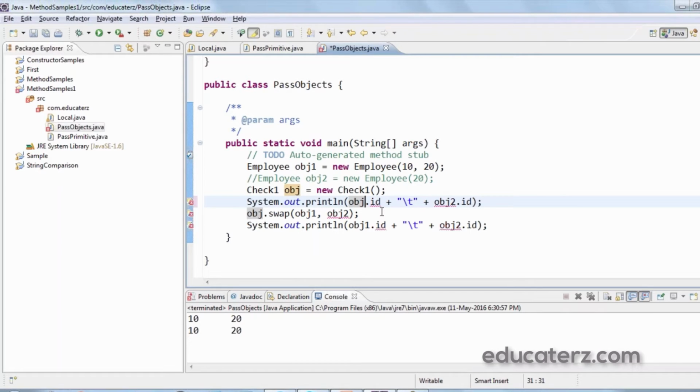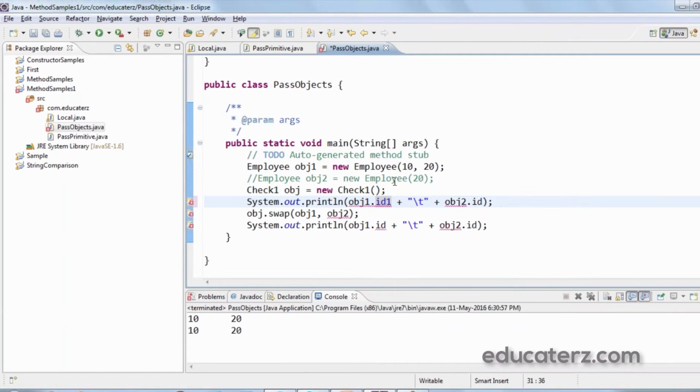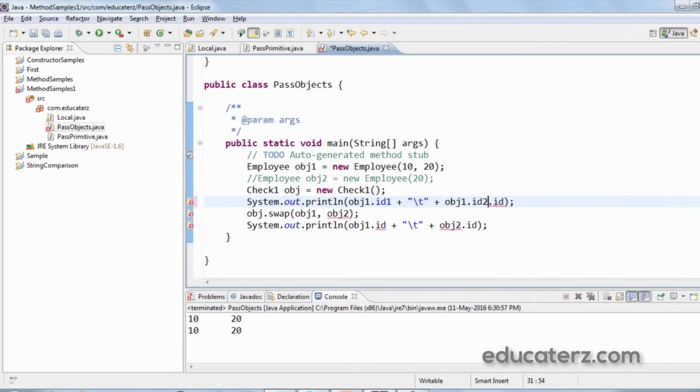So let me say obj1.id1, and here obj1.id2, and then call the swap method, pass the employee object, that is obj1, and of course print the values within the same object again after calling the swap method.